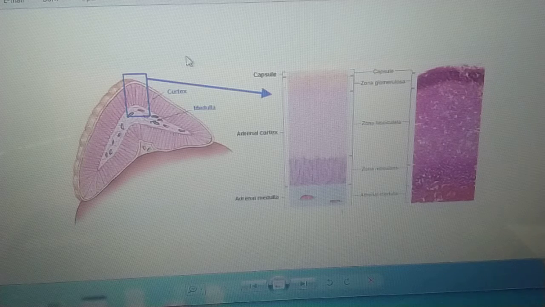Next is Cushing's syndrome. Okay, that is also related to the adrenal cortex. Now it is caused by excess of cortisol, which may be due to a tumor of the adrenal cortex. It is characterized by high blood sugar, appearance of sugar in the urine, rise in the plasma sodium ions, fall in the plasma potassium ions, rise in the blood volume, high blood pressure, obesity, and wasting of the muscles of the thigh and pectoral and pelvic girdle.